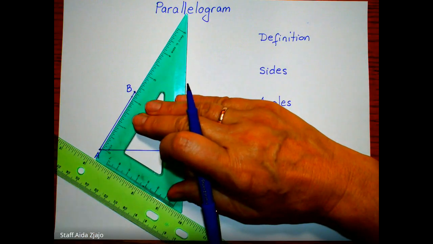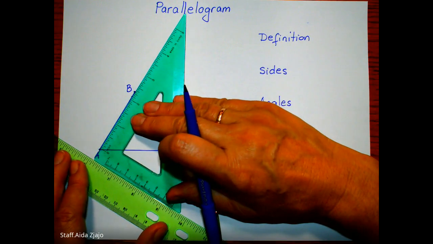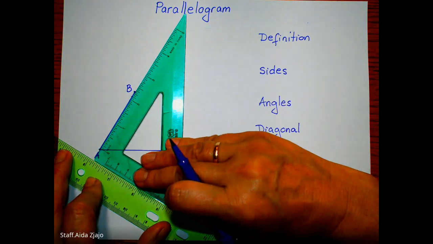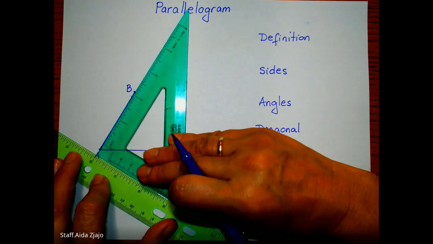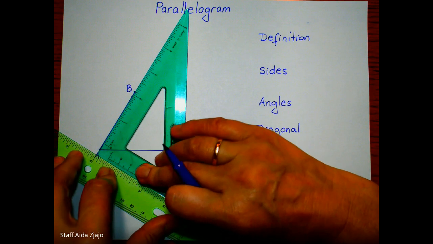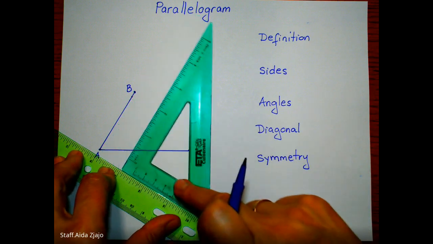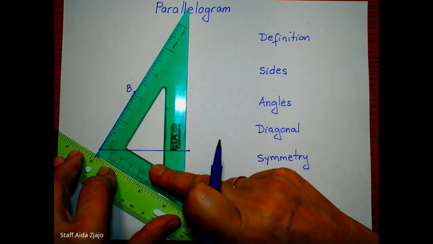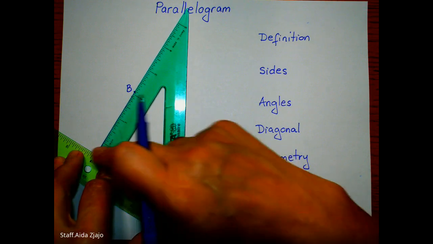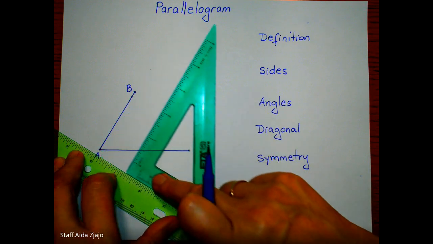So AB line segment will be parallel to CD line segment, and I can help myself draw a parallel line by placing my ruler on line segment AB and scrolling